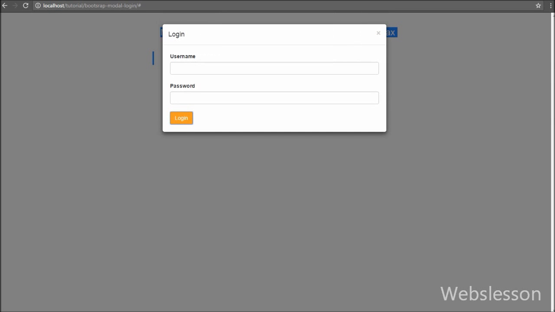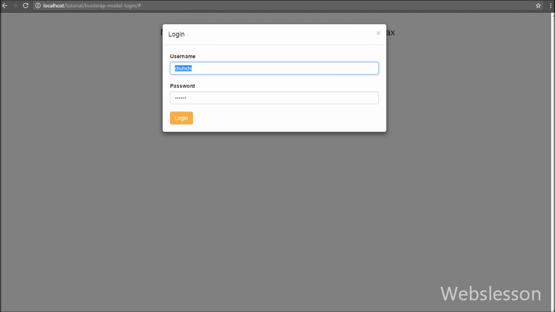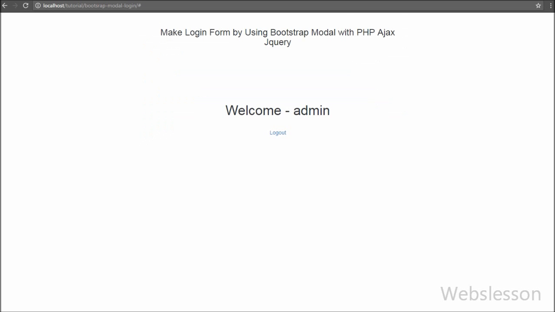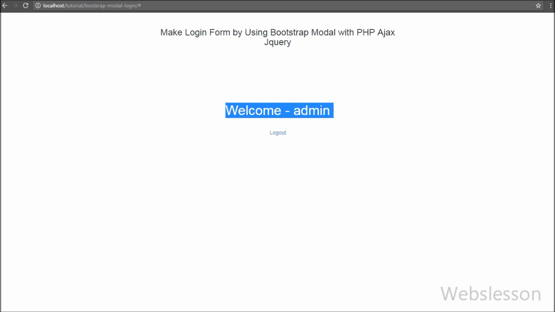So here first we have created the Bootstrap Modal by using Bootstrap CSS and JavaScript, and under this modal we have created the login form. After this we have created one button. When we click on that button, then the modal pops up on the screen with the login form, and when we fill in the login form and click on the login button, then it sends a request to the jQuery code, and that jQuery sends the request to the PHP script via an Ajax request, and in the PHP script we have validated the user data and sent back